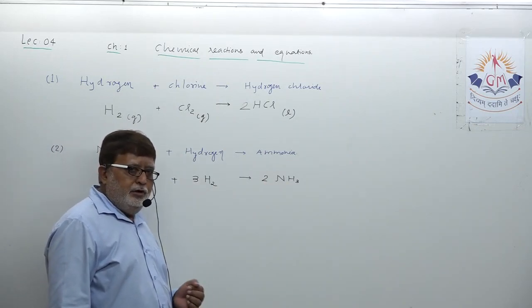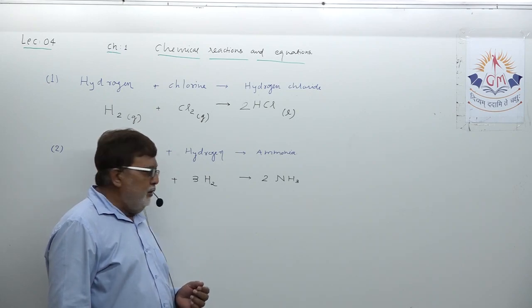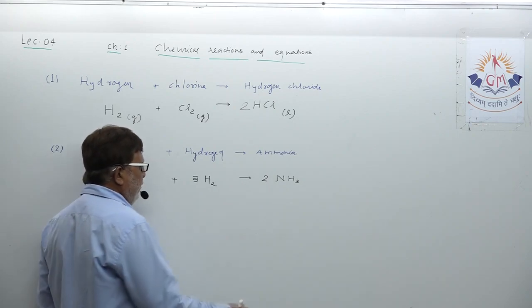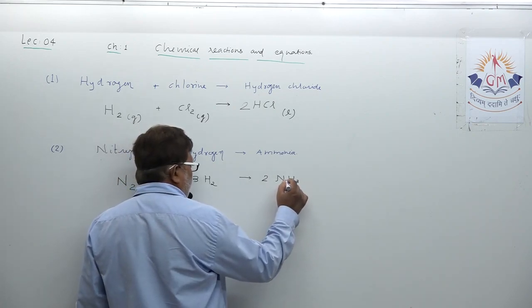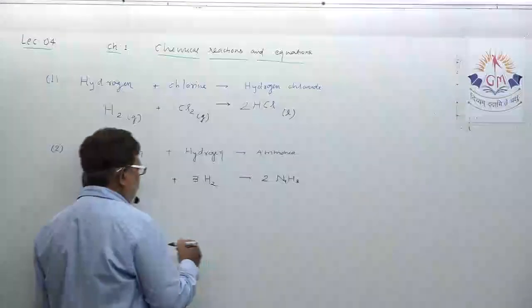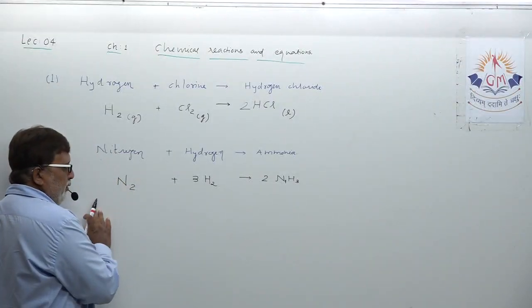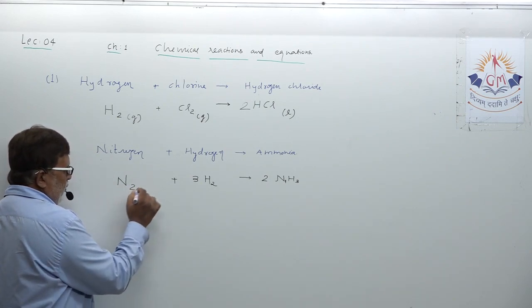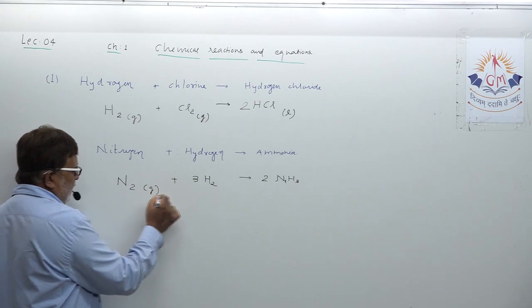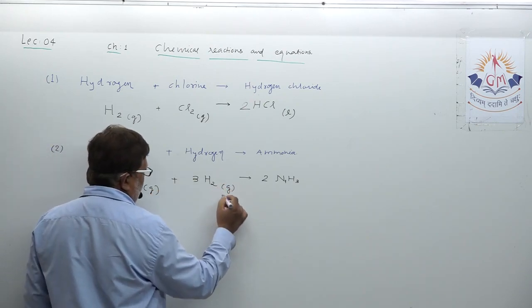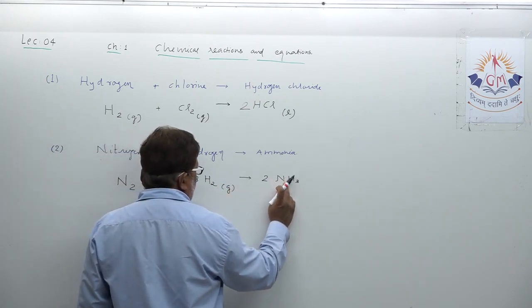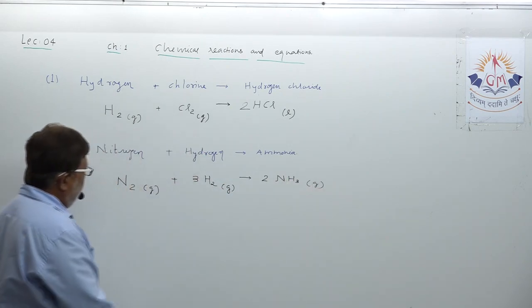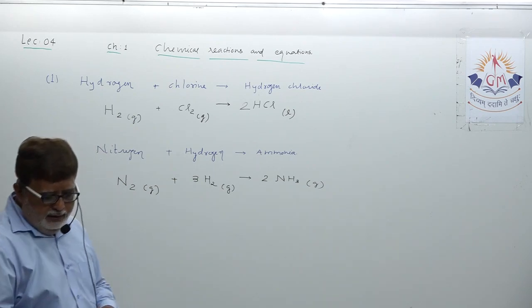Now let us think of balancing another element, nitrogen. How many nitrogen atoms are here, dear student? You need to concentrate. Here 1, so 2 times 1 is 2 nitrogen. Here already 2 nitrogen atoms are there. So nitrogen is already balanced. It is just a question of writing the states of the compounds and elements participating in the chemical reaction. Okay, so this is the second equation we have balanced.